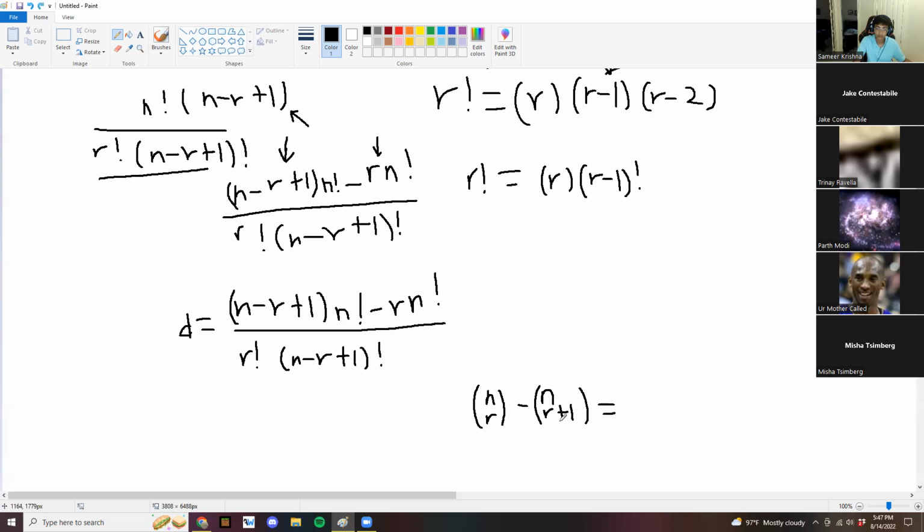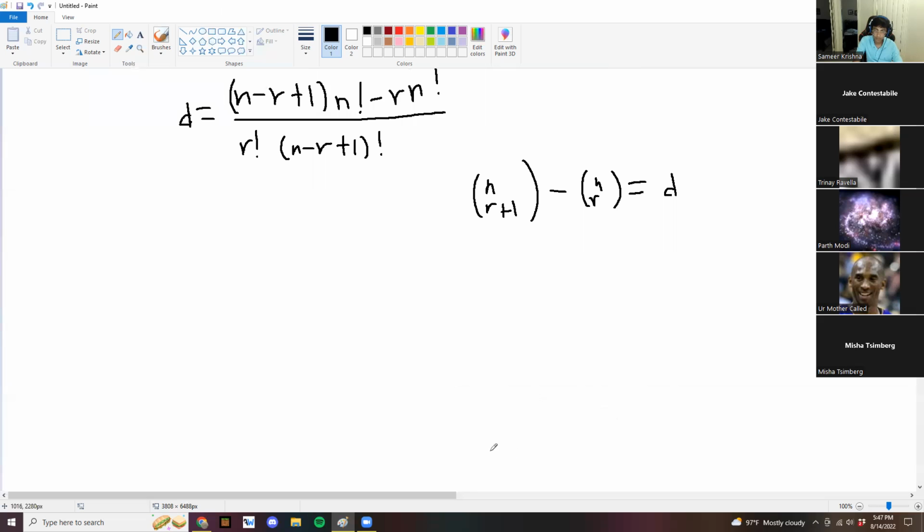Wait, no, it's the other way around. Yeah. It's n choose r plus 1 minus n choose r equal to D. Okay? So we write that out again, we get n factorial